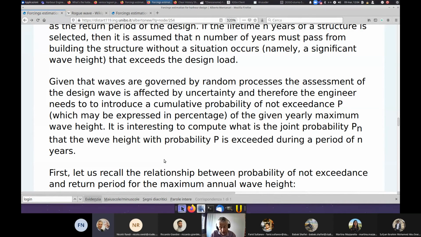Let me say something more. Why do I refer to max annual wave height? Because a usual method for dealing with this problem, which is estimation of extreme wave height, is to collect the max annual wave height data. And this is a usual way of dealing with this task, because